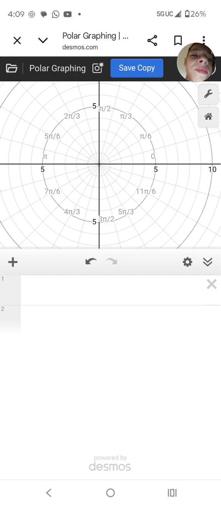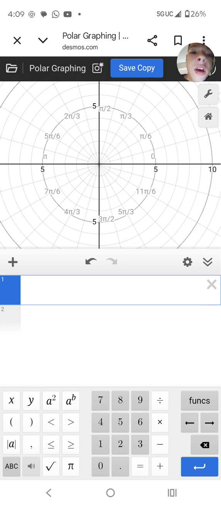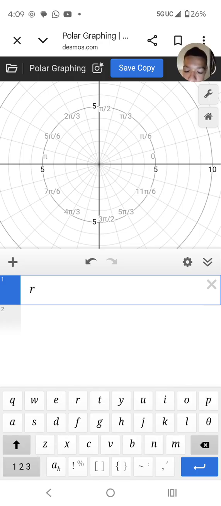Whoa! I'm gonna polar graph today, and I'm gonna see what I can do with it. Let's go. Let's begin with r equals